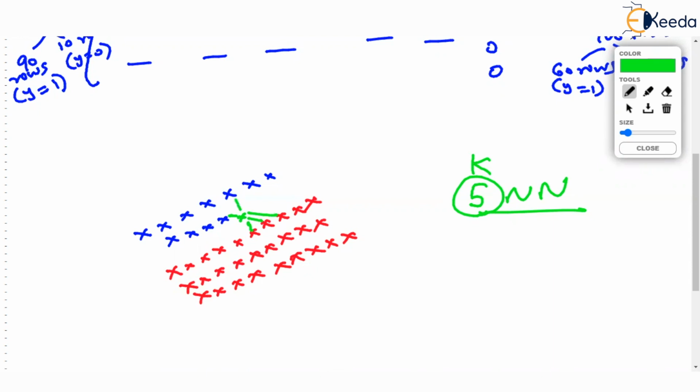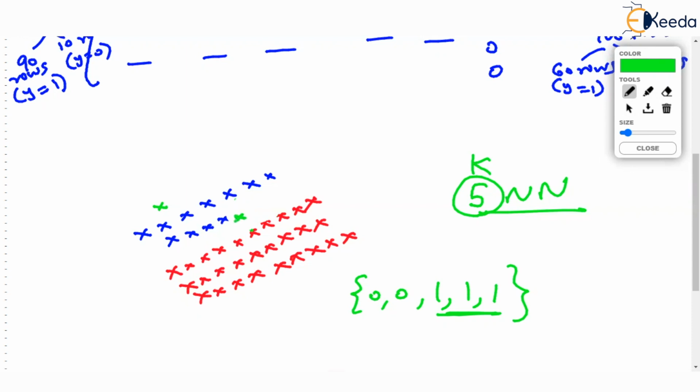5 neighbors, and 2 out of them belong to 0 class and maximum belong to 1 class. And this will regularly happen. I am not saying that this will always happen, because if the query point was given over here, then the 5 nearest neighbors will be perfect blue. But this might happen maximum times, where because the red points are so many in number as compared to blue points, when we are finding the neighbors, maximum neighbors will be red points.